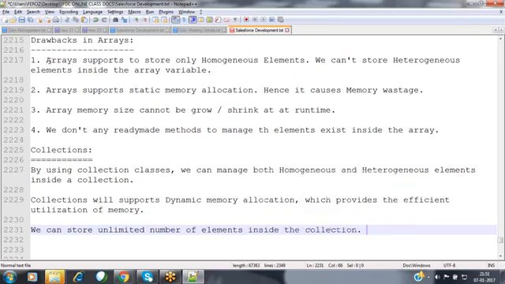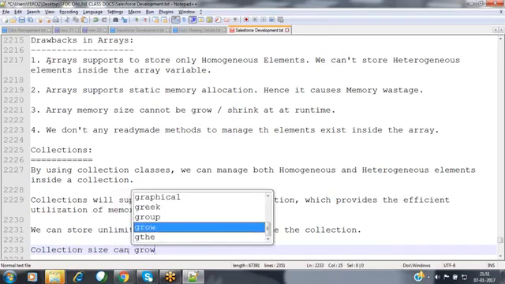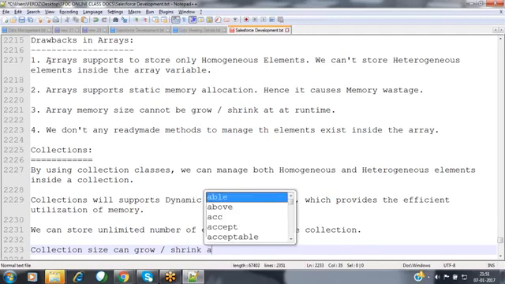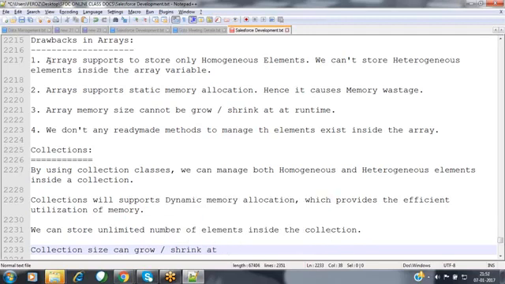There is no limit over here. There is no limit available when coming to the collections. Whatever elements you want, we can store those elements inside this collection here. Now, the collection size can grow or shrink at runtime.